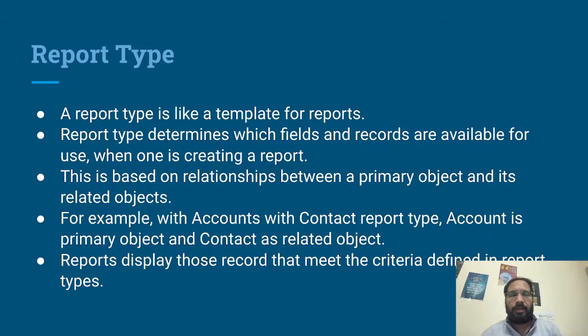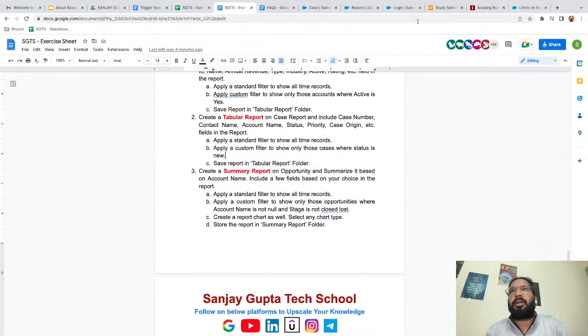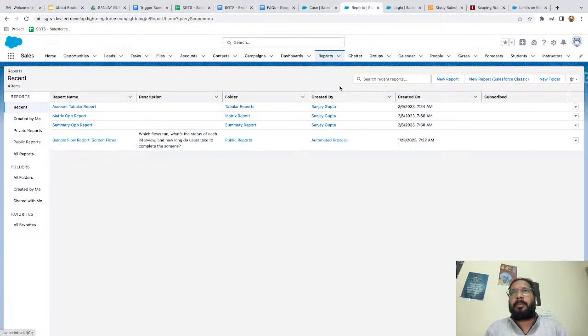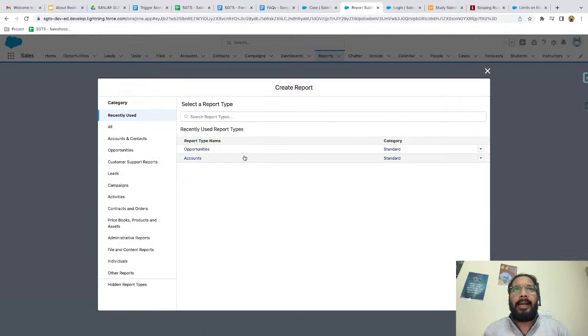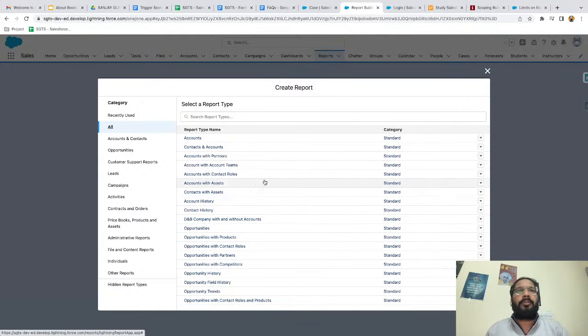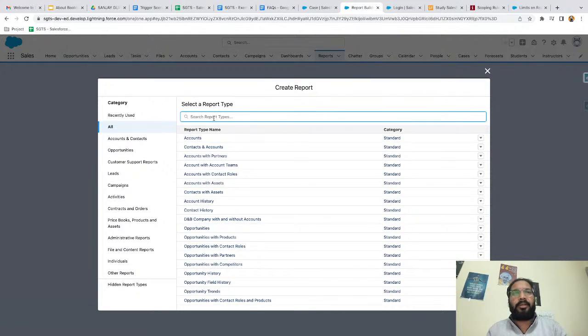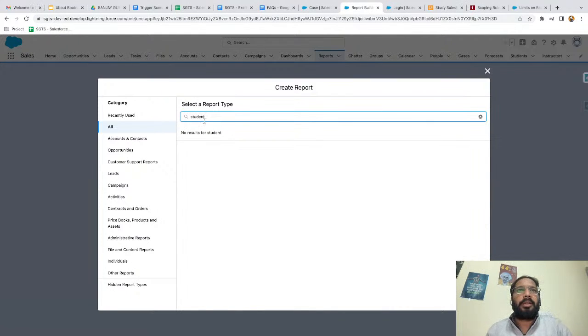So basis on that report type, you will be able to create the report. If I take you to the org again, here you can see we have this new report button. If you click on this button, for creation of a report, you need to select a report type. And we already have lots of standard report types available, right? Now if I try to search for custom object,